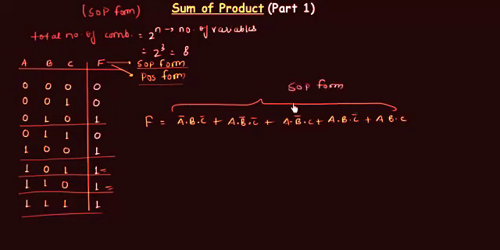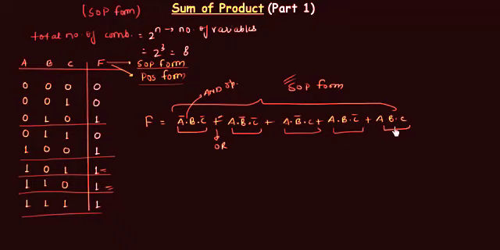Why I am calling it sum of product? Because you can see I have product. This looks like product. Actually it is not product. This dot is the AND operator, but at first it looks like it is product. So I have the products, and then I am taking the sum of this product. This is the sum. However, this is the OR operator. This one is the OR operator, and this dot is the AND operator, but it looks like sum and the product. So I will call it as sum of product. I am taking the product and then I am taking the sum of this product. That's why I call it as sum of product form.